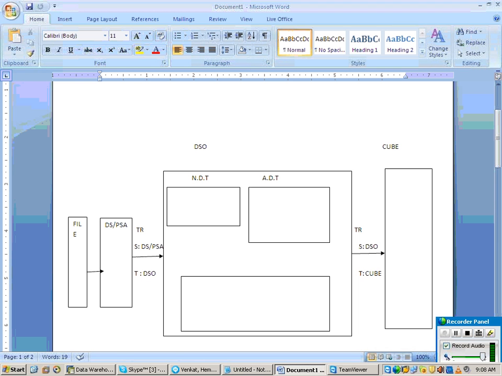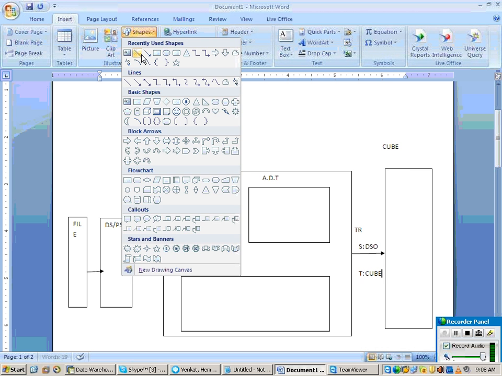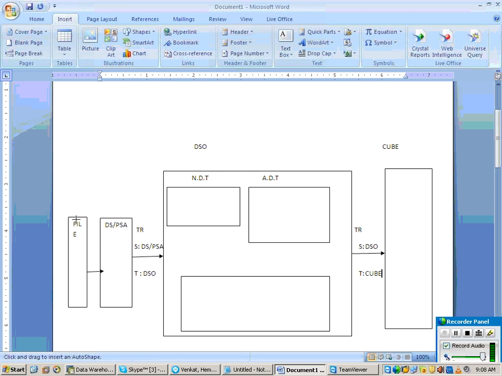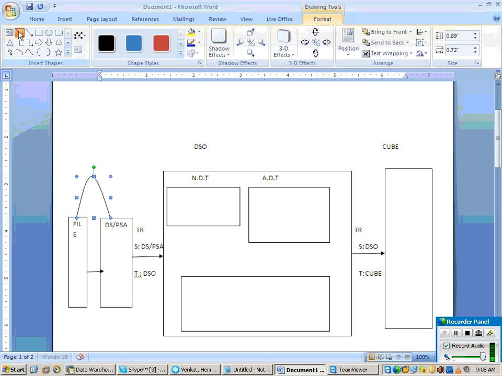Is the flow clear now? From the file, first I am loading into the DSO, and from the DSO we are loading into my info cube. From the file to the data source is through an info package.